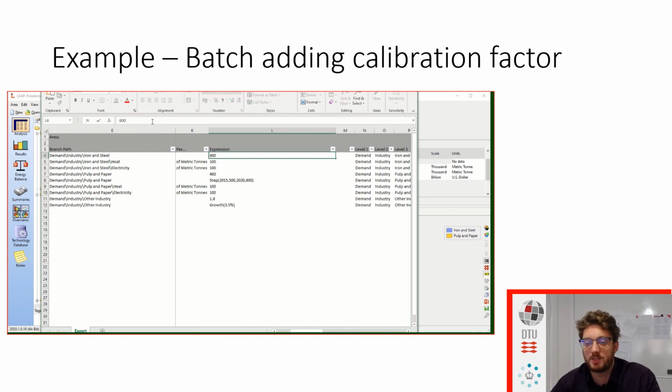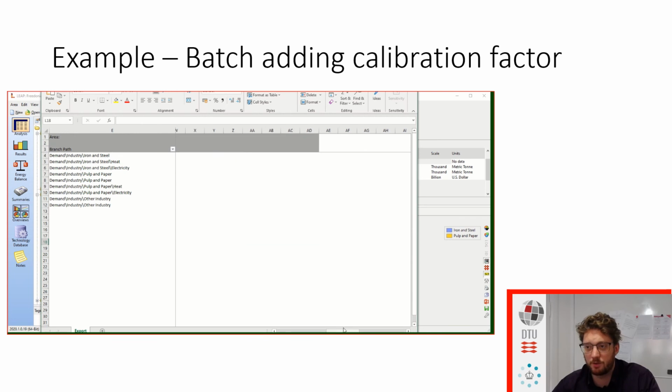Now I have my expressions, and you can see, here, that's where I want my key industry factor. And that happens to be the exact same place as I did it before. Of course, I could do that manually going down through the different rows. But again, I think I'm going to be lazy, and especially if it was hundreds, I don't want to do this manually. So instead, I'm going to go somewhere random where there's nothing in